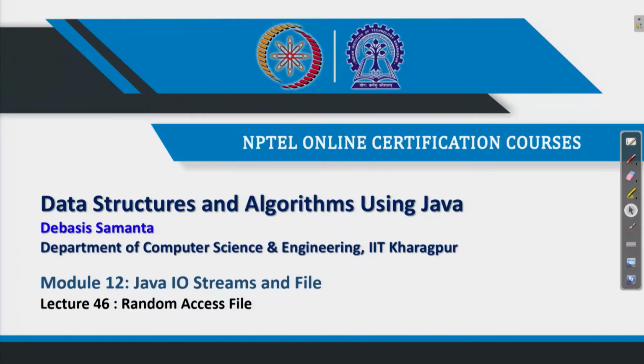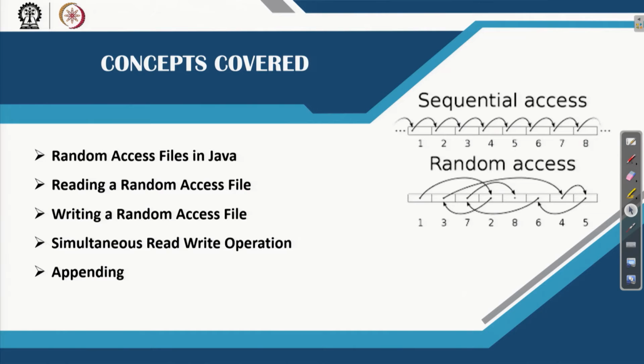So, we are discussing Java I/O and files, and one important facility that the Java language supports is the random access file. In the last video lectures, we discussed sequential access of files. Random access file is another unique addition in this